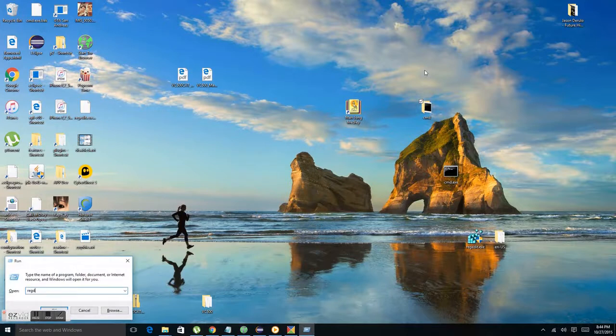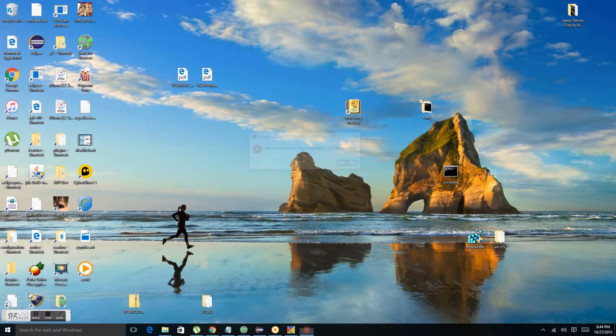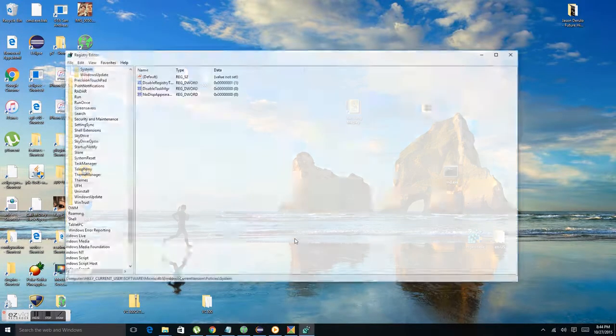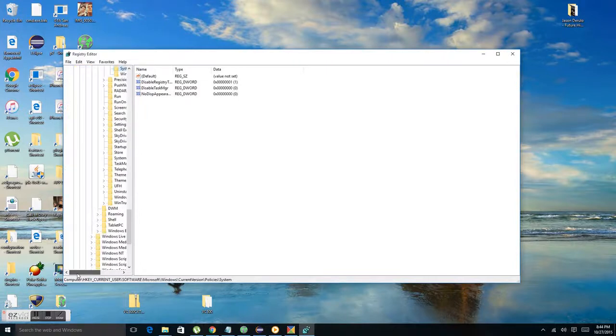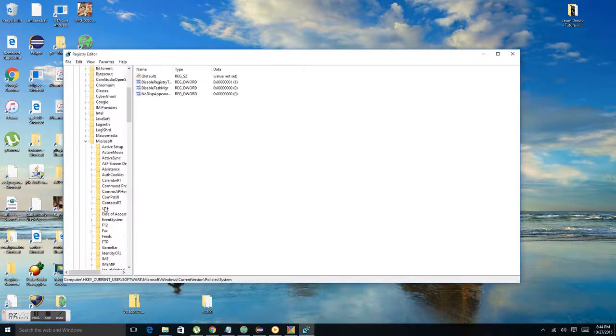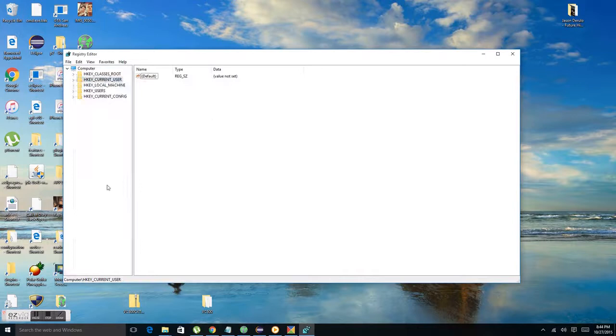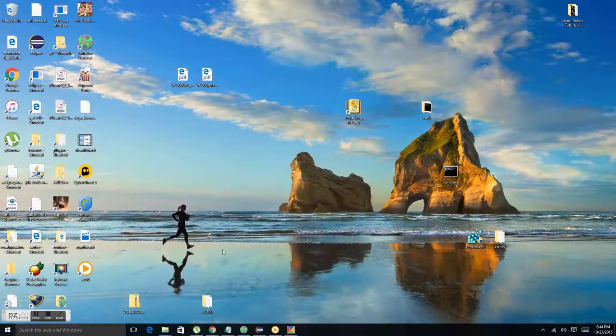Run regedit, yeah, I typed it in wrong, regedit, disabled, but this one, open, works, fully functional Windows registry editor. Yeah, it's the Windows registry editor, works the same exact way regardless of what directory you